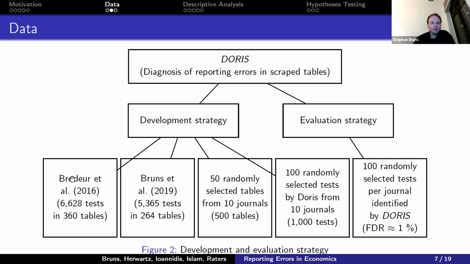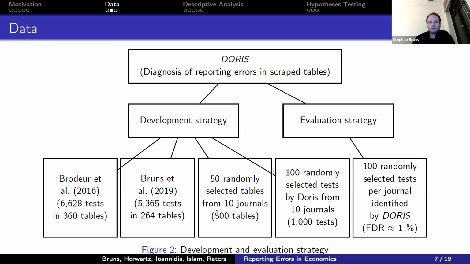We use 360 tables from Abel Brodeur and colleagues, which they coded manually. From previous work of our group, we have 264 tables. And we also randomly selected 50 tables from the top 10 field journals in economics, giving us another 500 tables. So this results in more than 1,000 tables, and then we crafted the regular expressions in a way that DORIS